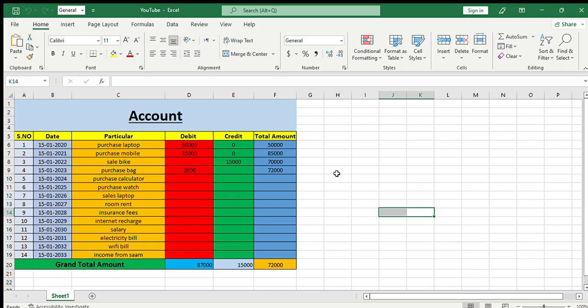Hello, today I want to show you how to generate a QR code in MS Excel and MS Word both. So first you open your Excel file, then you go to